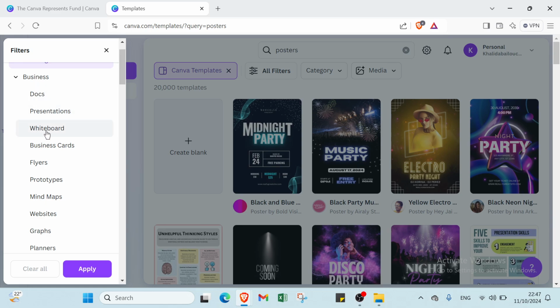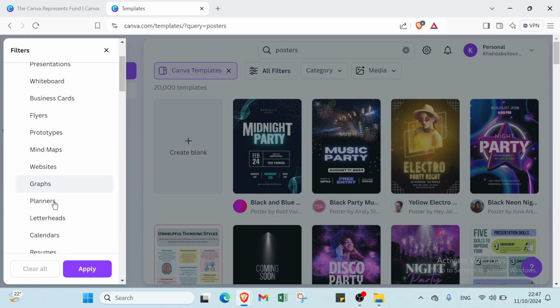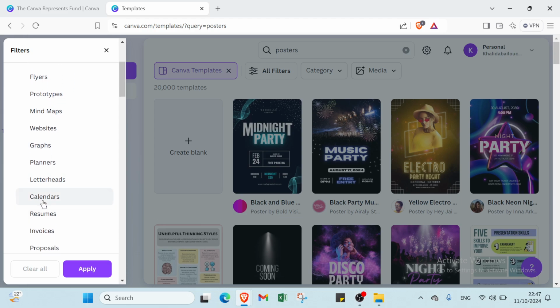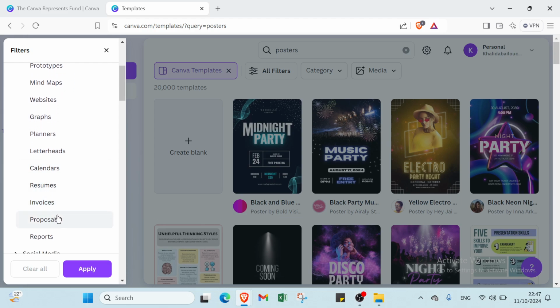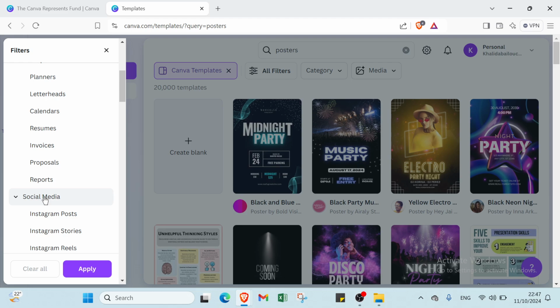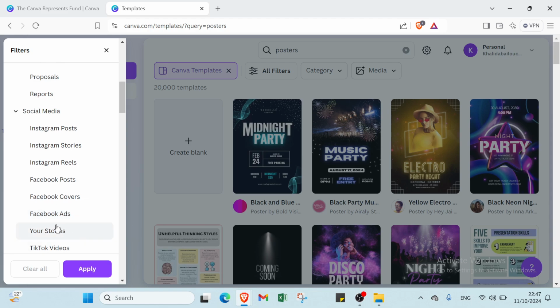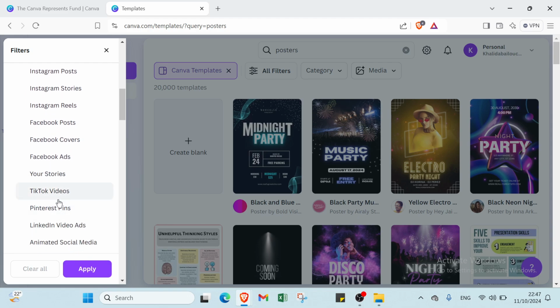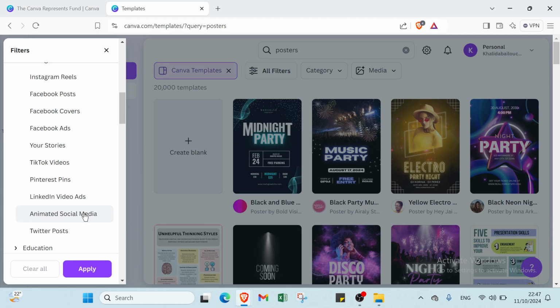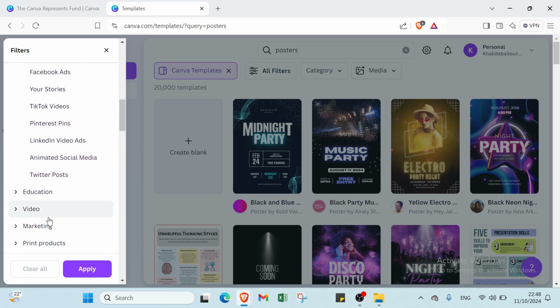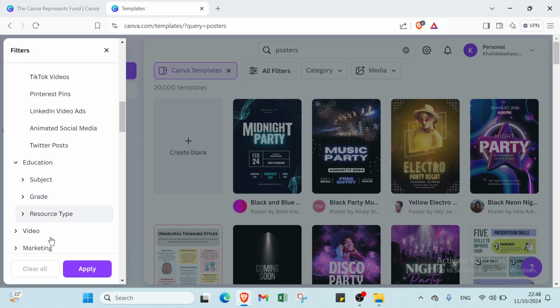like docs, presentations, whiteboard, business cards, flyers, prototypes, mind maps, websites, graph planners, letterheads, calendars, resumes, invoices, proposals, reports. And here we have social media like Instagram, posts, stories, reels, Facebook, you have posts, covers, ads. We have stories, TikTok videos, Pinterest pins, LinkedIn videos, video ads. We have animated social media, Twitter posts. Then we have here the option of education like subject, grade, resource type. Then we have